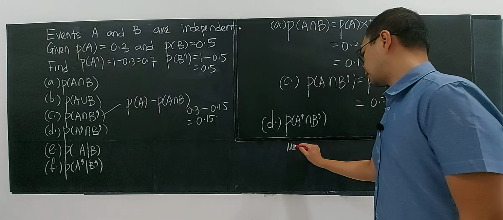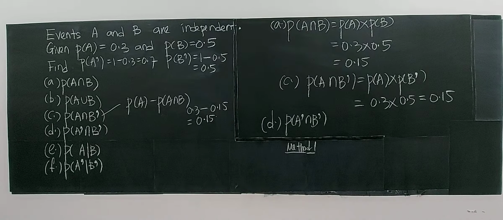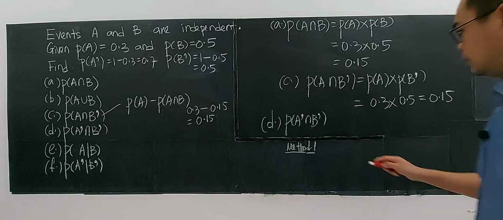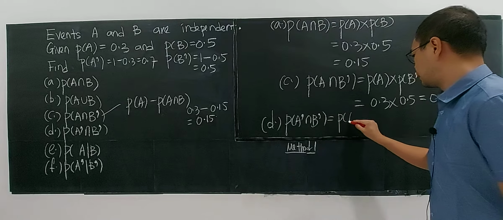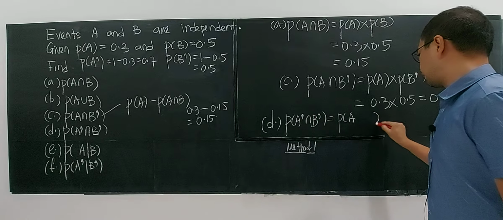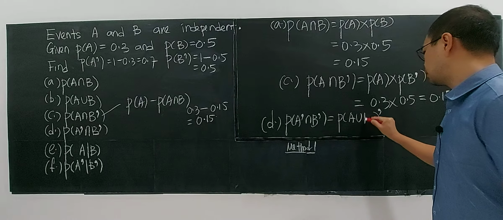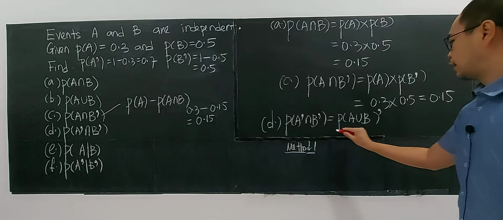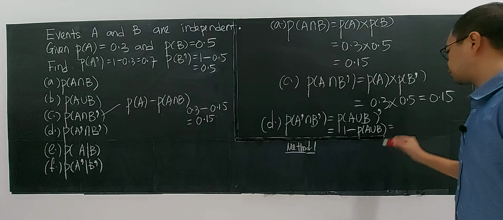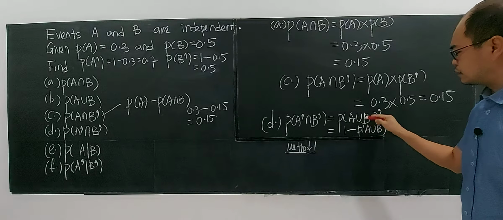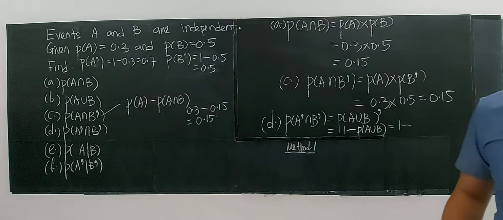Method 1, we can use De Morgan's rule. How to apply that? Very simple. By De Morgan's rule, you can convert this to the probability of A, rewrite this, take out the complement, and this becomes A complement, and the intersection becomes union. The complement of B becomes B. And this is the same as 1 minus the probability of A union B, the complement of the event A union B. So 1 minus the probability of A union B, which is now found to be